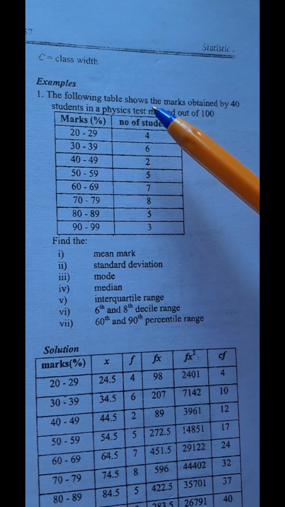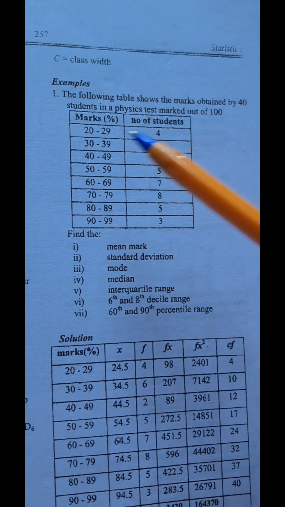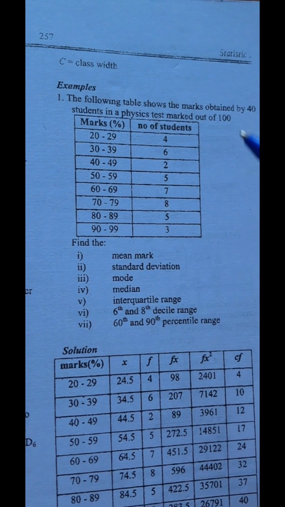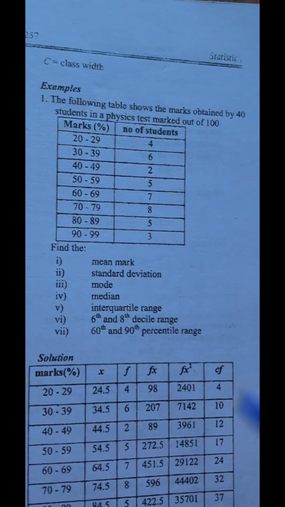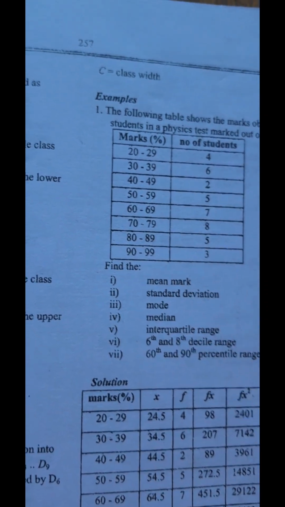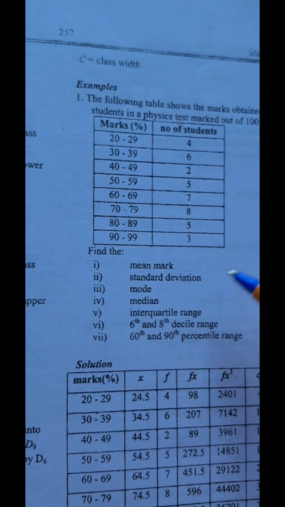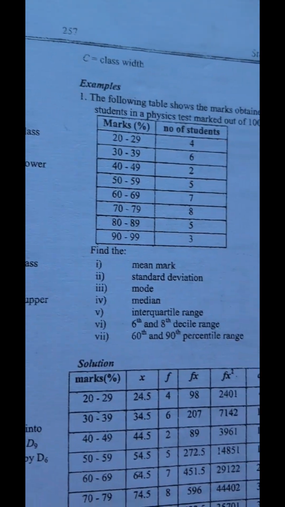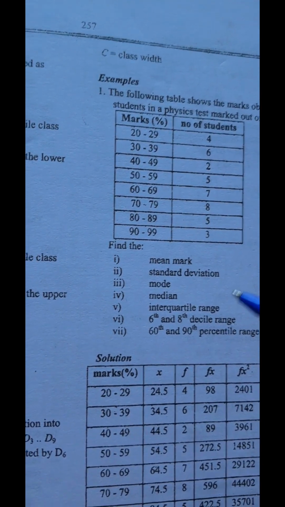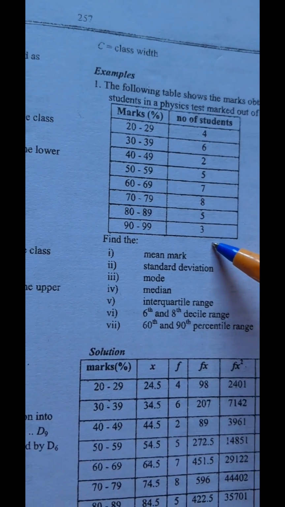The following table shows the marks obtained by 40 students in a physics test marked out of 100. So that's the table as you see, and they are telling you to find the mean mark, standard deviation, mode, interquartile. So I'm going to basically talk about these first